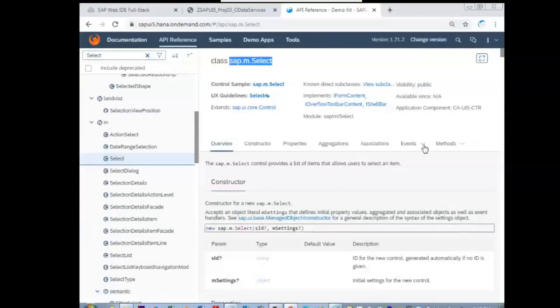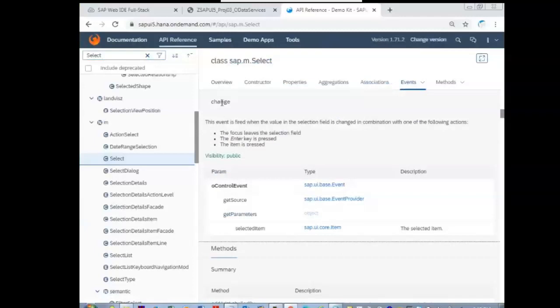Under events, go to the event change, and in the change event, if you scroll down a little bit,